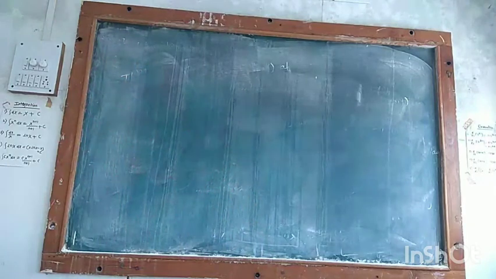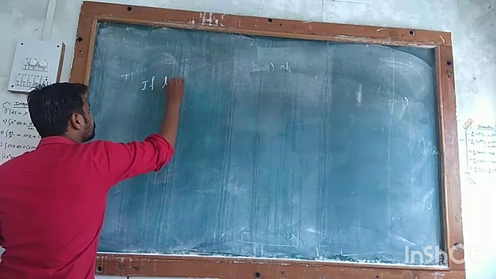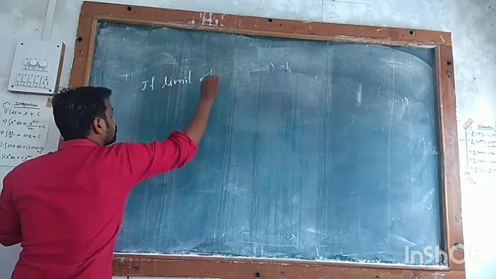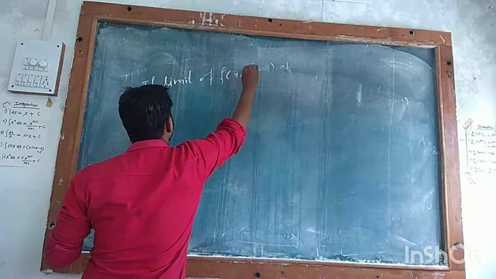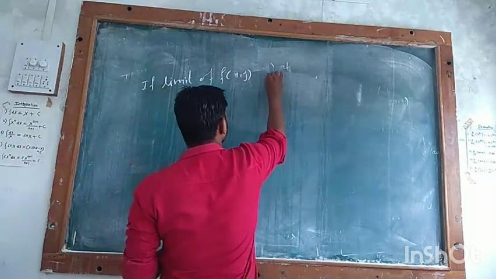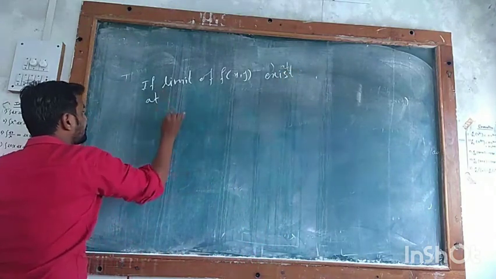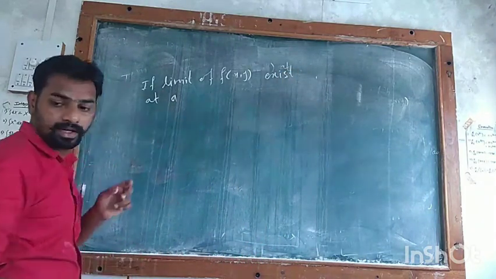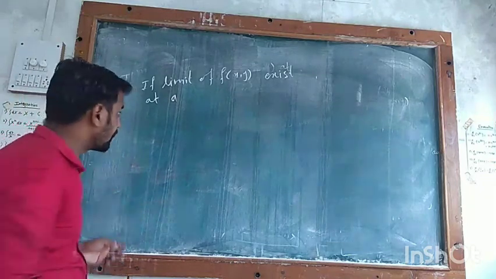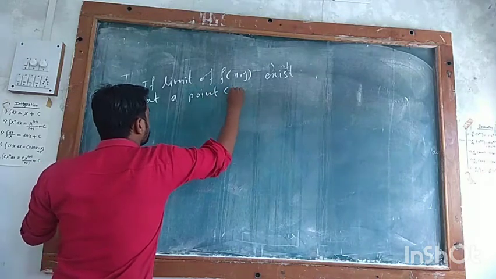Next is, if the limit of f of xy exists at a point AB,